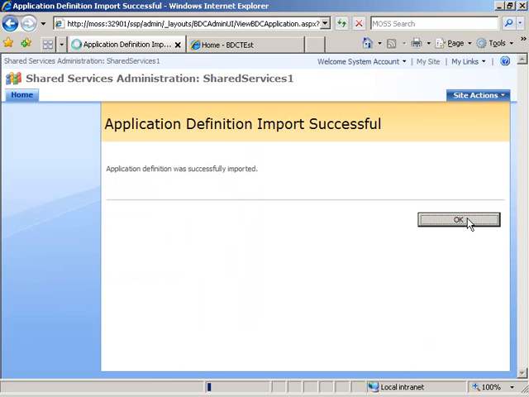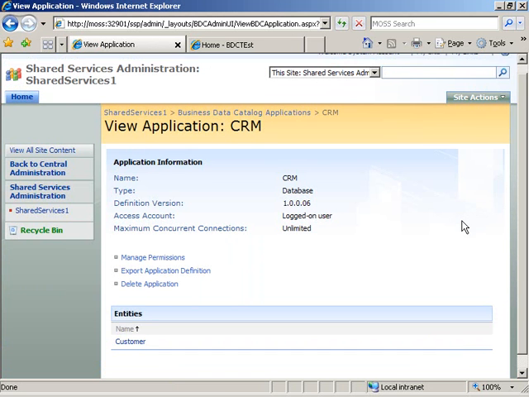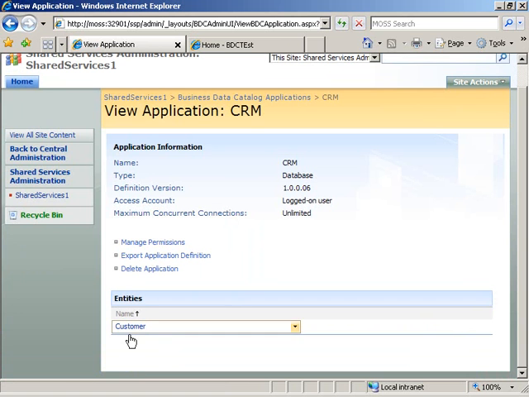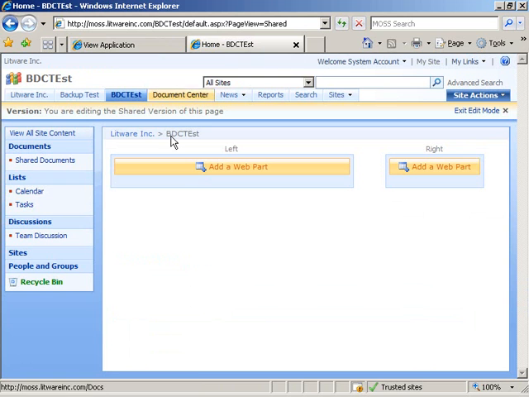I'll click OK, and I'll move to the Entity Management portion of SharePoint. So now I can do things like manage permissions or go down and actually view my entities and manage the entities. In my case, I'm not going to do that. It's sufficiently cool enough that I've got my entity defined in SharePoint. Now I'm going to switch over to my SharePoint site itself. I've got the SharePoint site called BDC Test defined, and I'm simply going to go in and add a Business